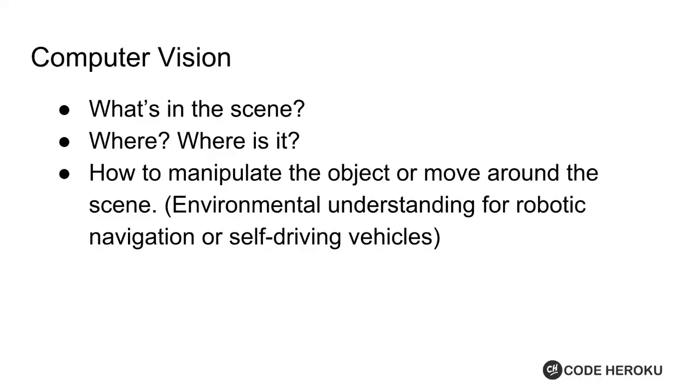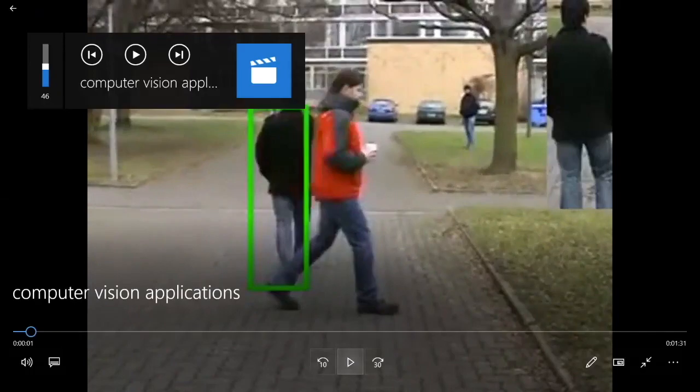Because in the real world, it's not that straightforward. There might be some differences between the actions planned for the robot and the actual actions performed by the motors or the gears. So you need to take all of those scenarios into account before you do the path planning. The computer vision field also tries to cover those things, not only in terms of image processing or being able to understand what to do and where things are, but also the domains wherein it is trying to manipulate the real world around it. Instead of me just talking about these applications, let me go ahead and show a video to you. Let me go ahead and play it.